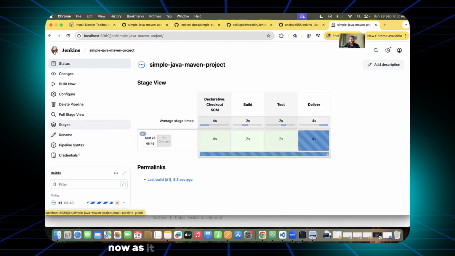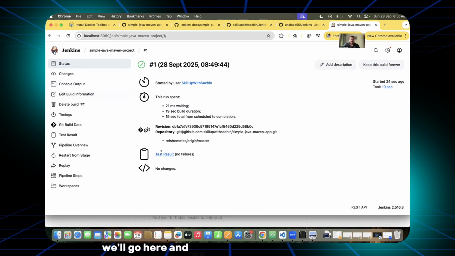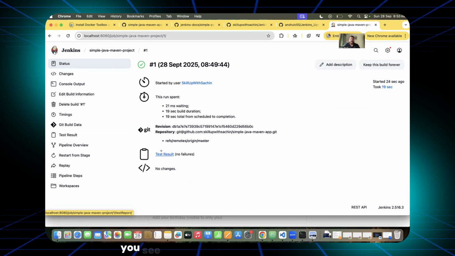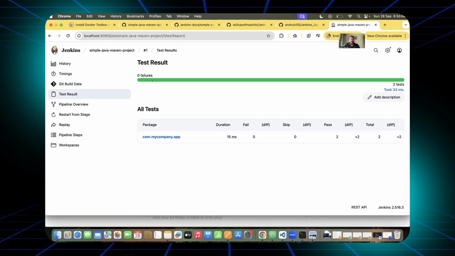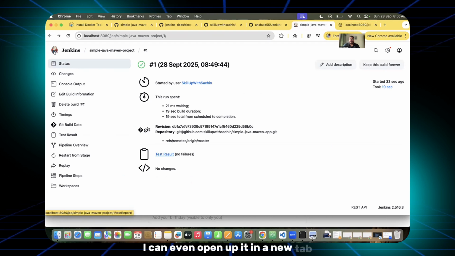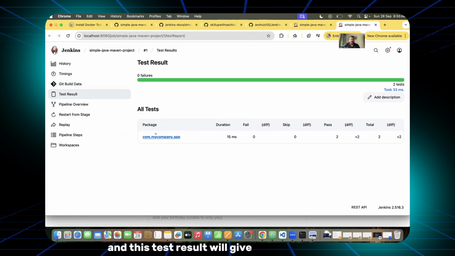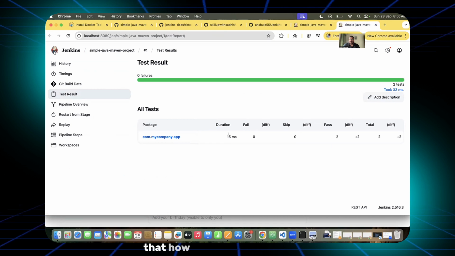Now, as it has done this part successfully, we'll go here and we can see the test result. You see the test report which we created. This test result you can see here, and I can even open it in a new tab for clarity. This test result will give you the data, that how much time it took,